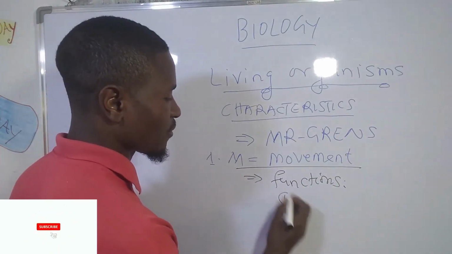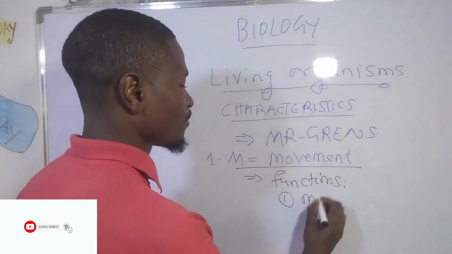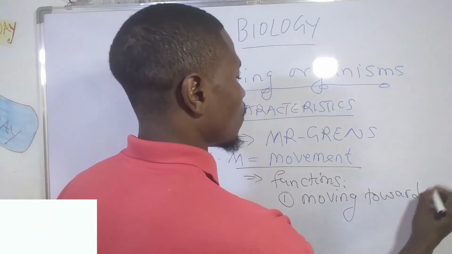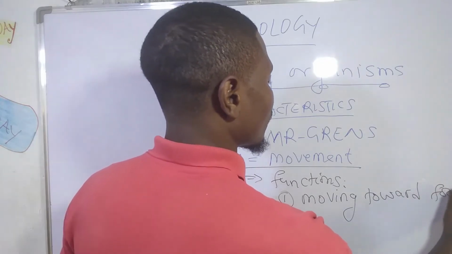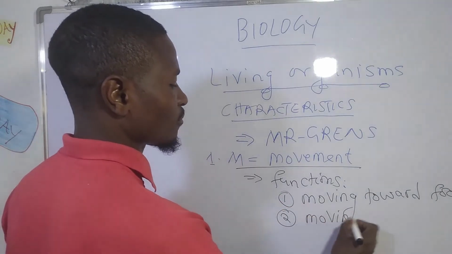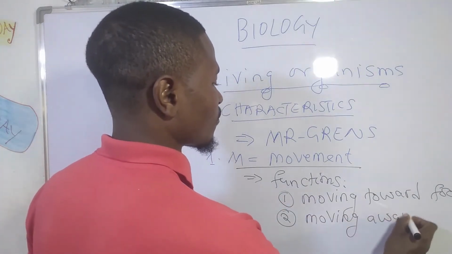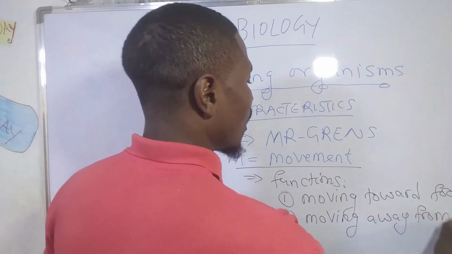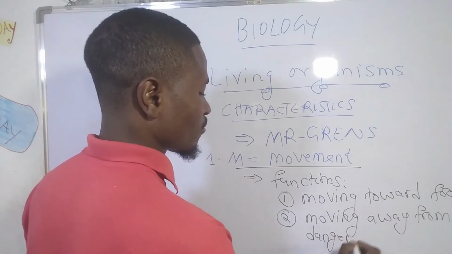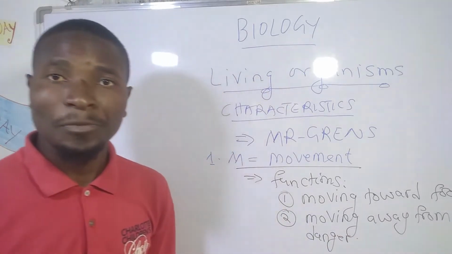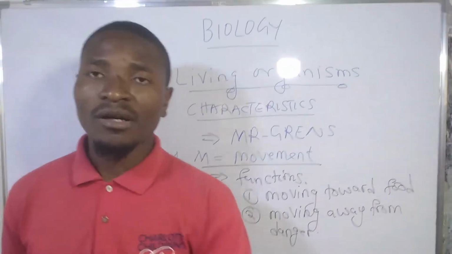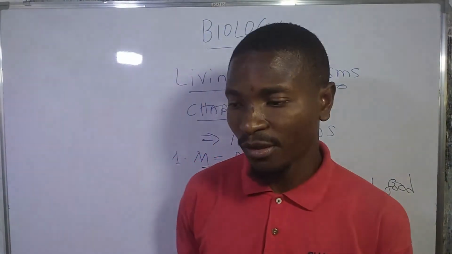Functions, for example, moving toward food, then moving away from danger. Okay. So now, what you should understand is that when we're talking about an organism that is moving away from danger,